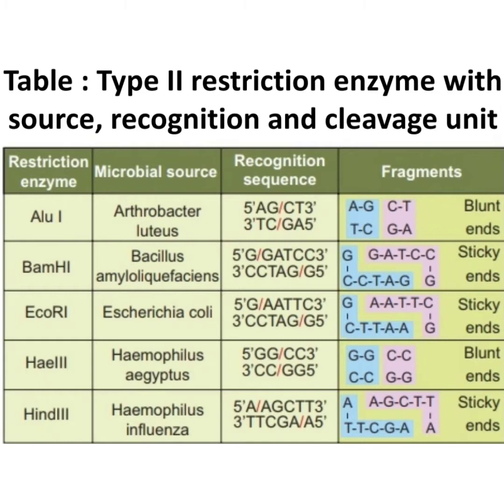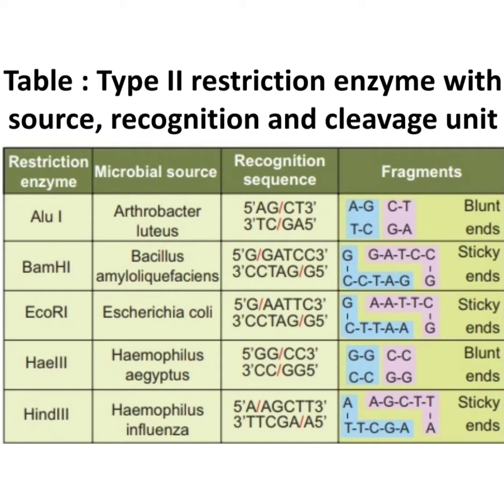The recognition sequence 5'-AGCT-3' and the other strand 3'-TCGA-5', and the cut is made between 5'-AG and CT-3'. In the complementary strand, the cut is made between C and G. So, the fragments obtained are AG/TC and CT/GA, which have blunt ends. The restriction enzyme